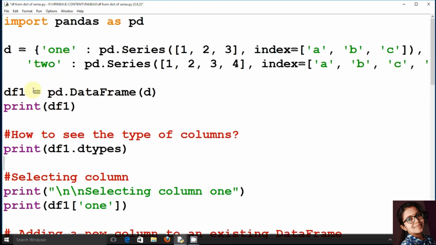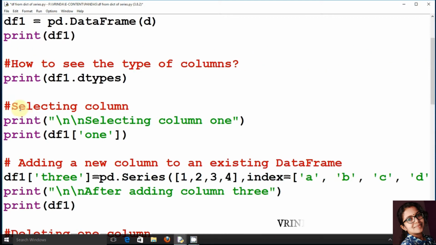So we understood how we can create a data frame from a dictionary of series. Now let's see how we can know the data types of the values stored inside the data frame. If you want to see the data types, we have an option like this: the data frame name dot dtypes.